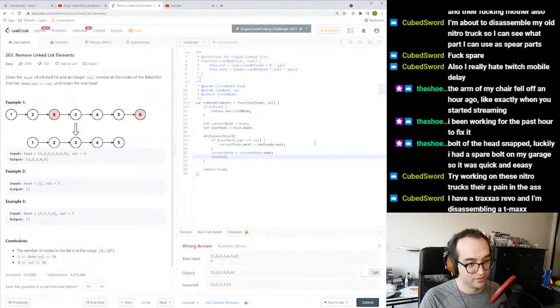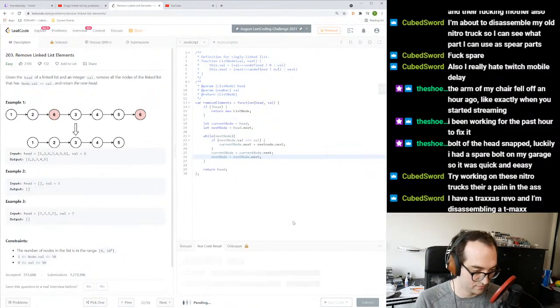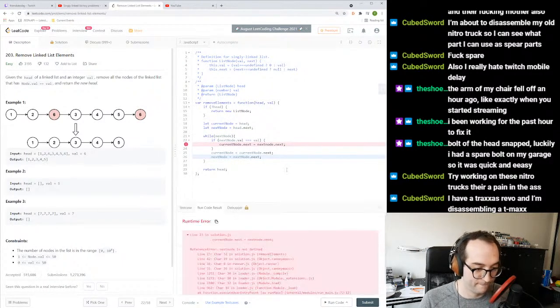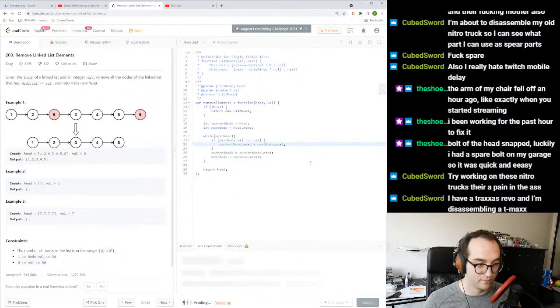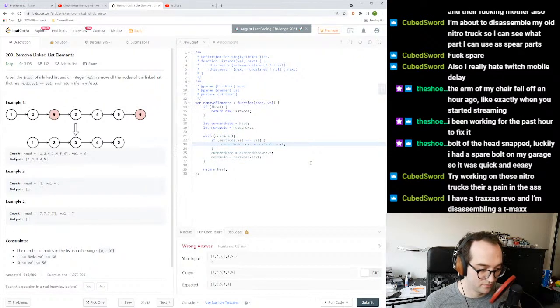Next node equals next node dot next. If next node dot value equals value,